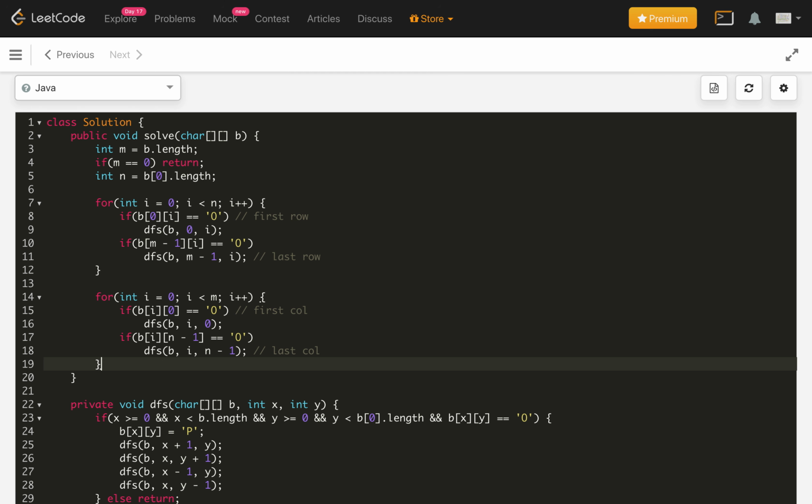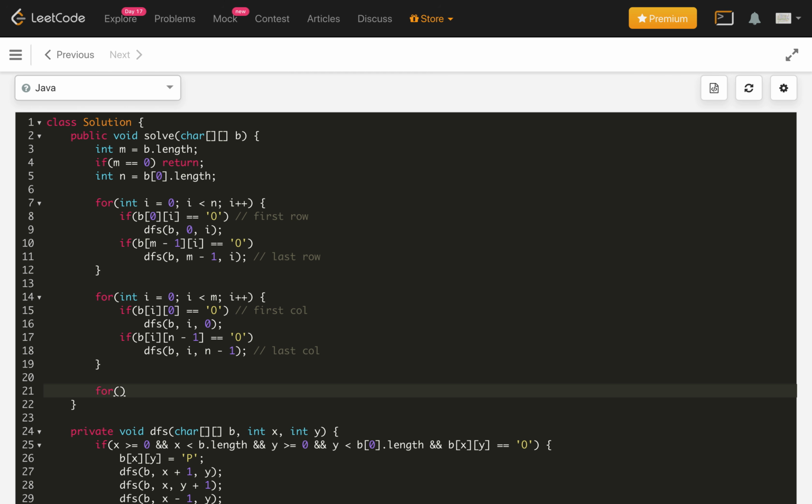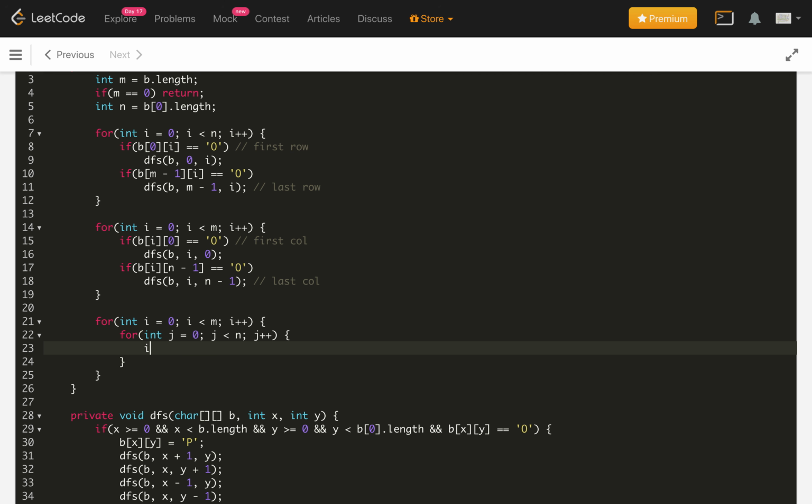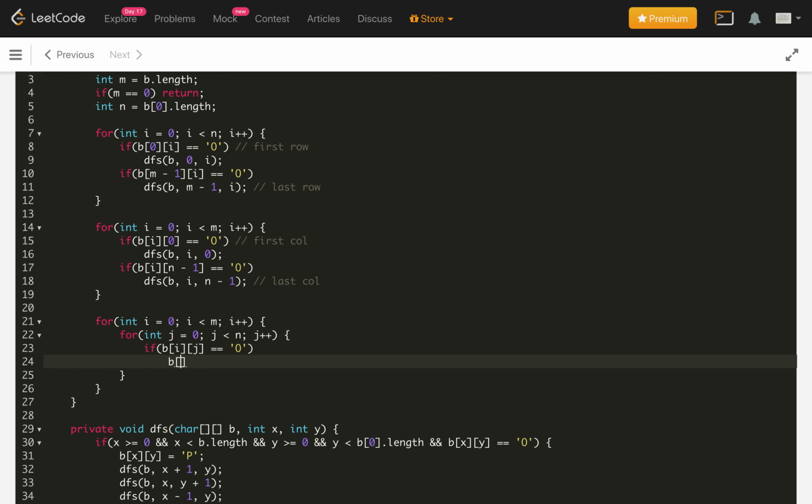Now once we are done with all the DFS, we have to run again for all the cells and check if it is O, we replace it with X, and if it is P, we replace it back with O. So for int I equals 0, I less than m, the number of rows, I plus plus, then for int j equals 0, j less than n, j plus plus, we check if the character in board of I comma j is O. If it is O, which is surrounded by all X, then we change board of I comma j to X. So this is done.